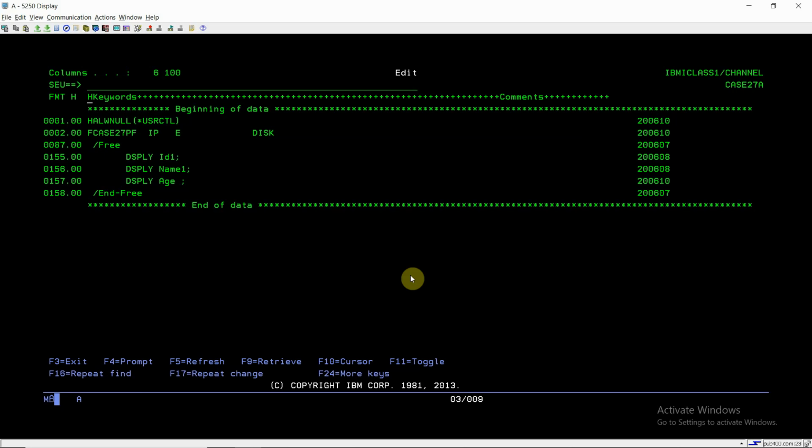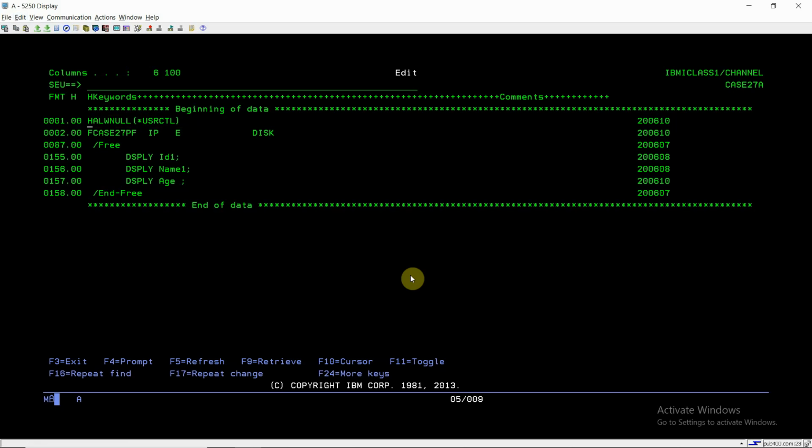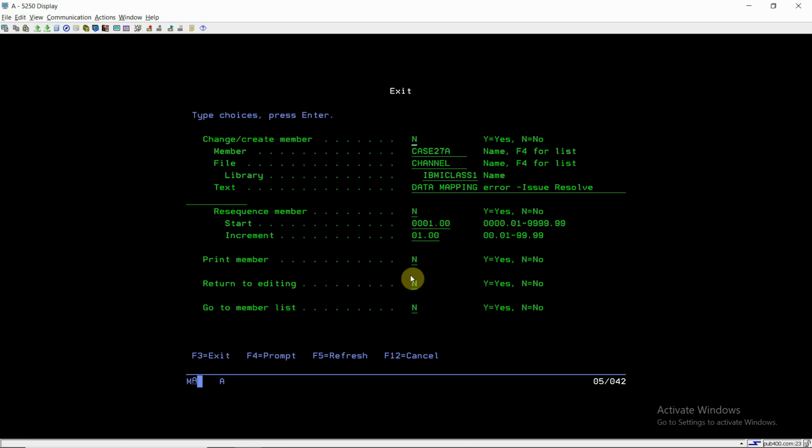So you won't have knowledge about which field is having the null value if you're using ALLOWNULL(*USRCTL) in the H-specs, header specs. If you use it, you won't get the null data mapping error in that case, if you have null values in the null capable fields.